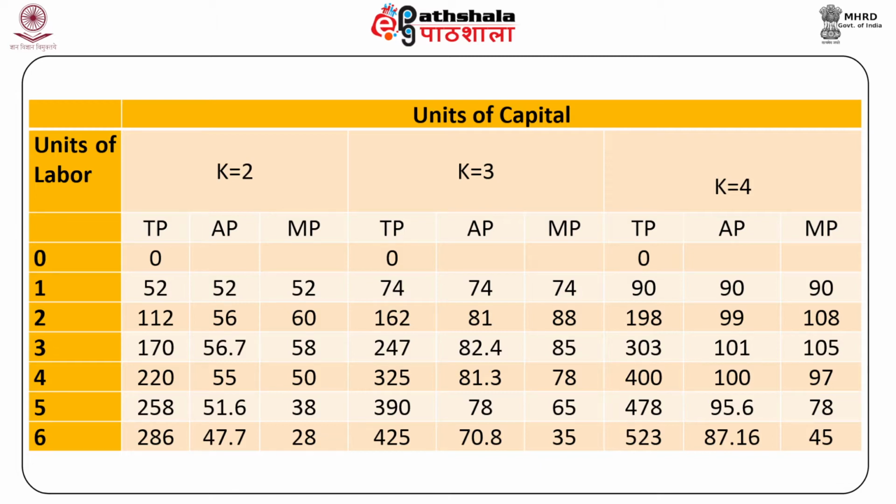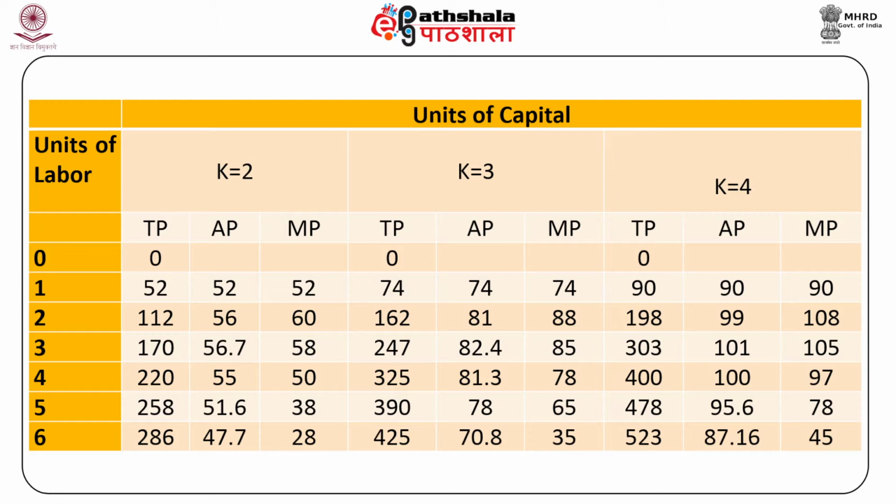However, note that when the amount of capital used is increased, total product increases at each level of labor usage. Also, since total product increases, the associated average product and marginal product also change at every labor unit with a change in the level of the fixed input. This is depicted in Table 1 below. Table 1. Changes in the total product, average product and marginal product when the units of capital changes.